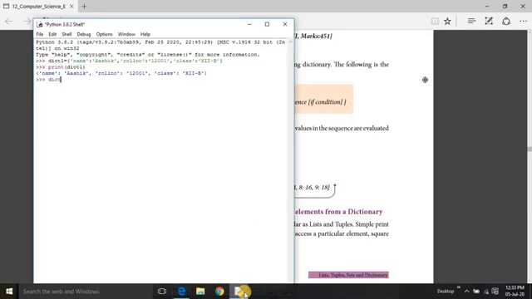dict equal to x colon 2 into x for x in range 1 to 10.